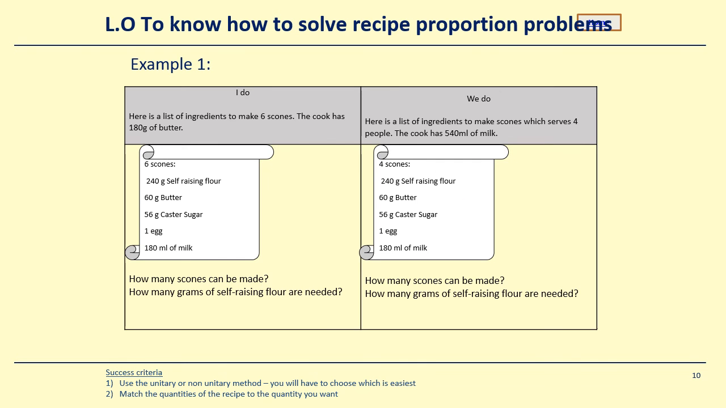Sorry about that, I just had a slight technical difficulty. Okay, so it says he's got 180 grams of butter, and if you look here, it says in the recipe he's got 60 grams of butter. So he's actually got 3 times the amount of butter that he needs. So if he's got 3 times the amount of butter,